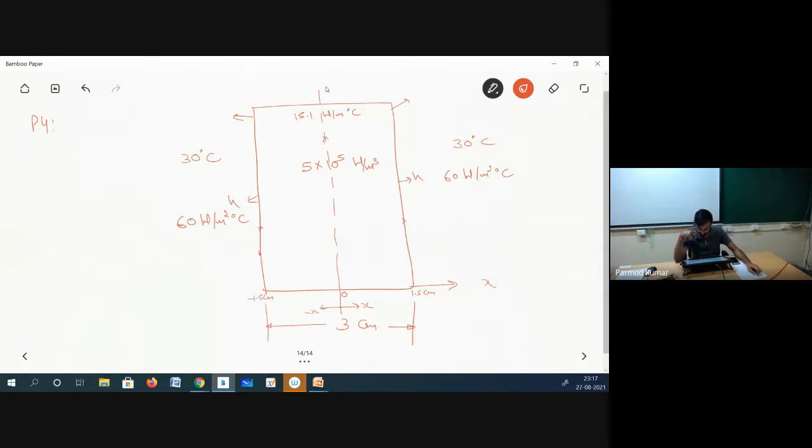Okay. Now tell me how to approach the solution of this problem. So you can see, if here I have the highest temperature, we will be having transfer of heat, something like this. Heat is going out of the body, and because of the symmetry condition, it will be equally distributed on both sides. Okay. So can you tell me, if it's a one-dimensional steady state heat transfer problem, how I can approach the solution of this problem?